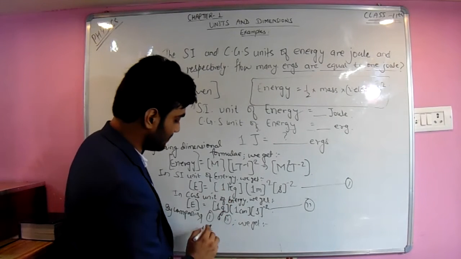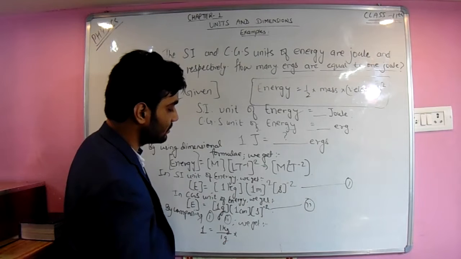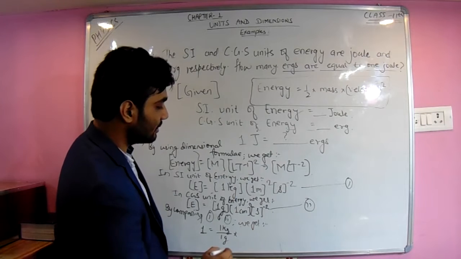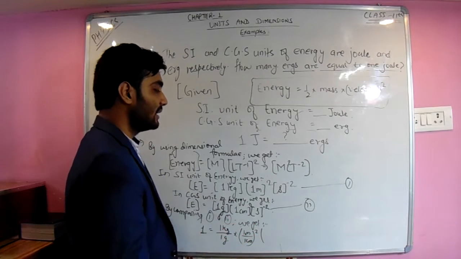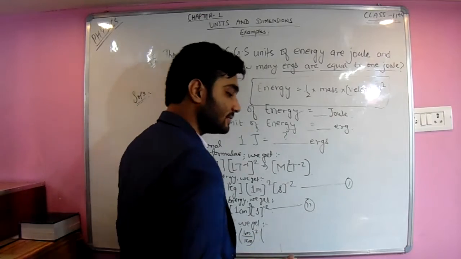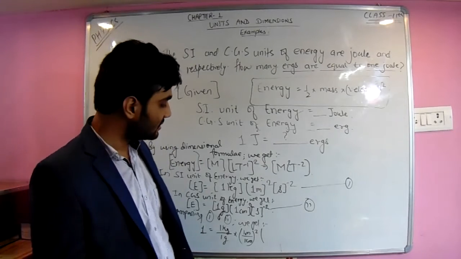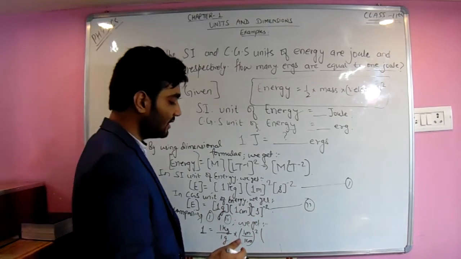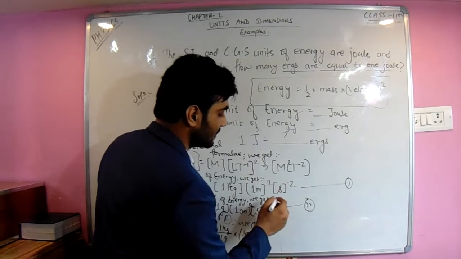1 kg by 1 gram. You have to write 1 kg by 1 gram into 1 meter by 1 centimeter, whole power 2. The second power cancels out. Here the power is the same. If the power is not the same, we equate it by linear algebra. Okay, minus 2 in power and exponents.